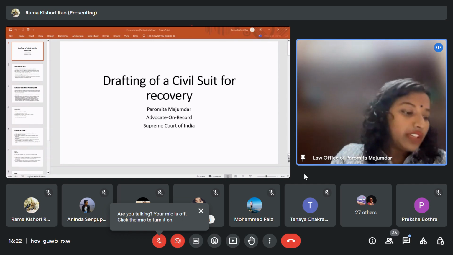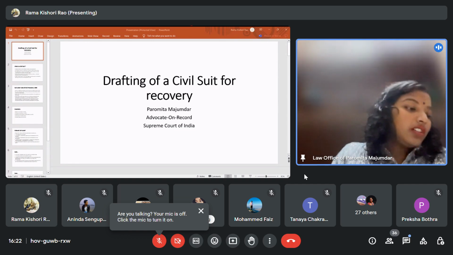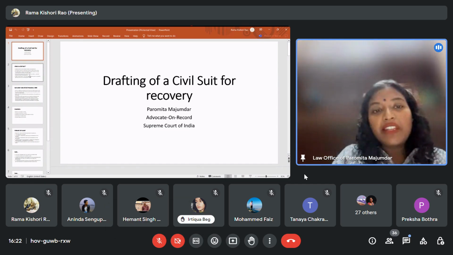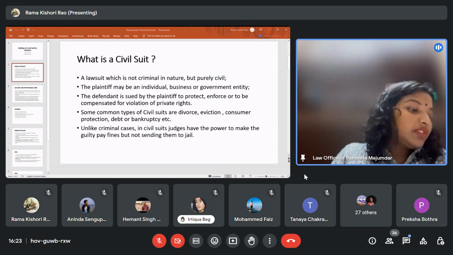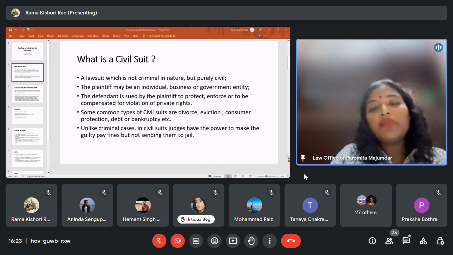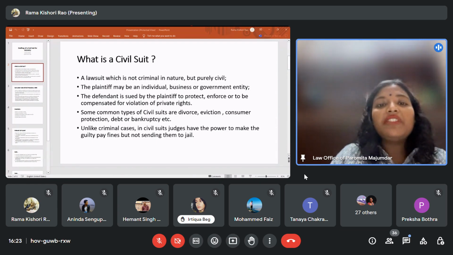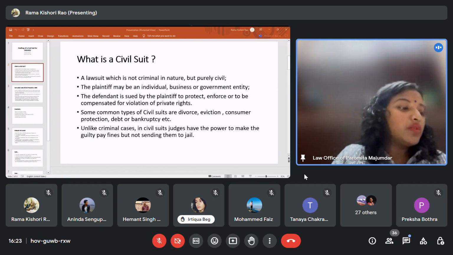Regular civil suits include suits related to title of a property, suits related to redemption or rendition of accounts, or some monetary reliefs. These are all covered under regular civil suits.